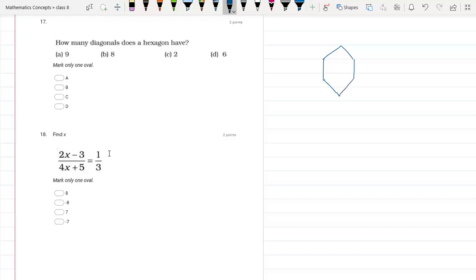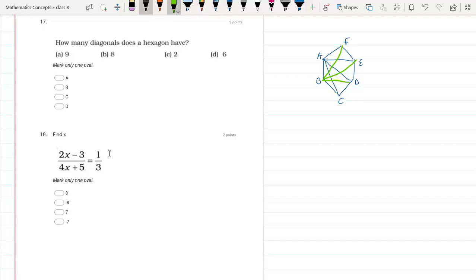There is a formula also for the number of diagonals that you can use. So you can name the vertices like this: A, B, C, D, E, F. Starting from A, the diagonals are AC, AD, AE, 3 diagonals using A. Then using B we have 1, 2, 3, total 6 we have seen till now.